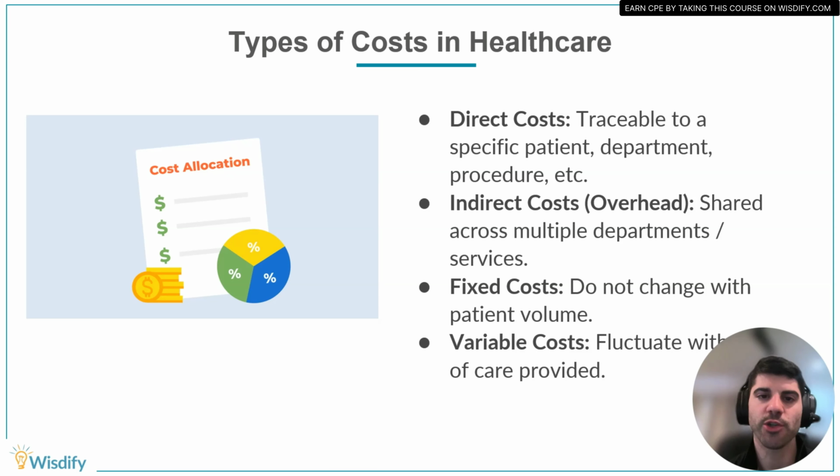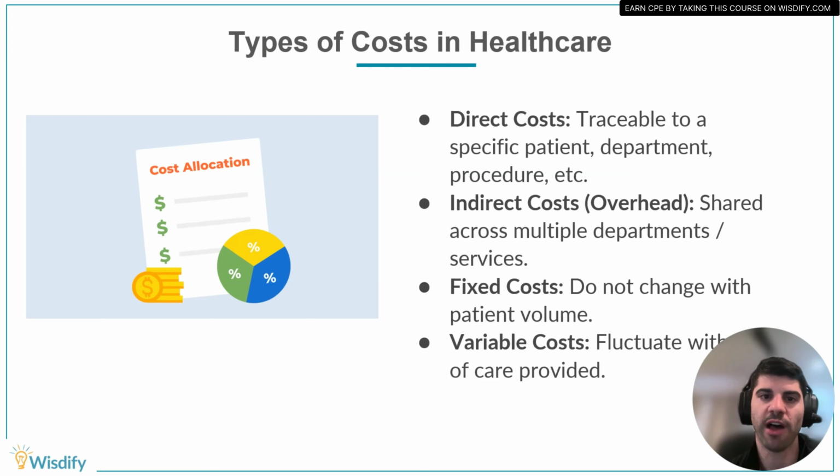But in contrast to this, we do have a way to influence variable costs. And these are things like gas and entertainment, for example. By going out less or maybe ride sharing, we're able to fluctuate the amount of these costs on a month to month basis. So when we talk about these costs as they relate to healthcare, fixed costs remain the same